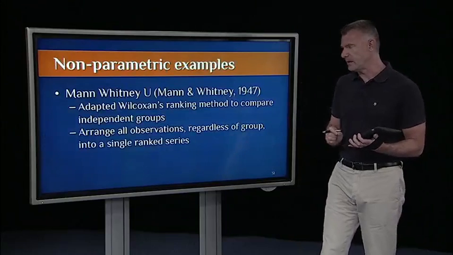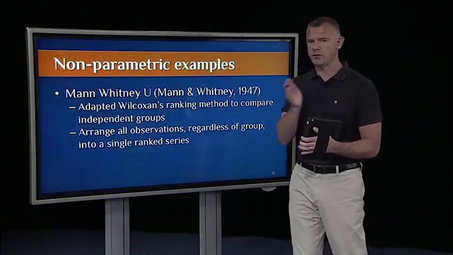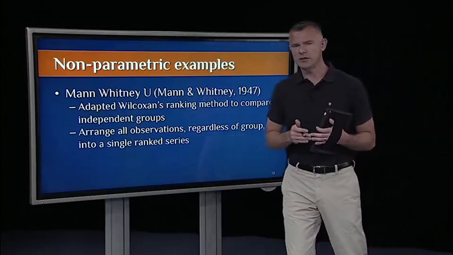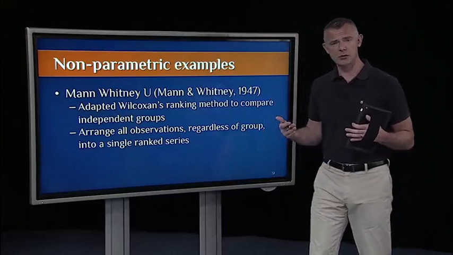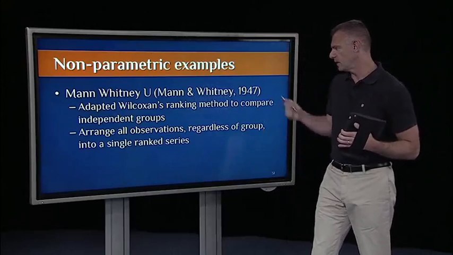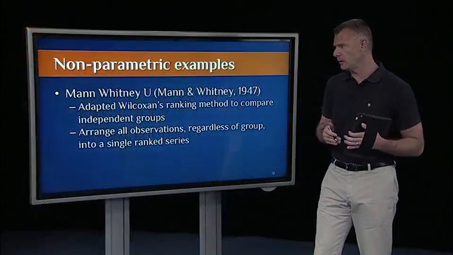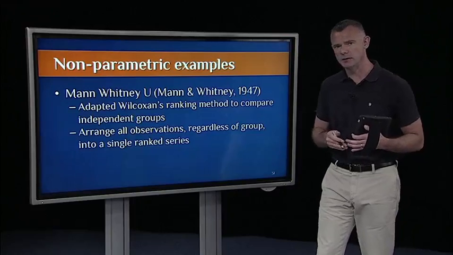So now let's look at the independent case. So that was for paired samples or dependent. In the independent case, the procedure is called Mann-Whitney's U-test. And it's based on a paper by Mann and Whitney in 1947. Again, they just adopted Wilcoxon's procedure. Wilcoxon actually developed the procedure for both paired and independent, but Mann-Whitney improved upon it, so now it's known as